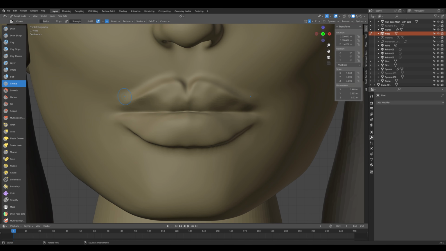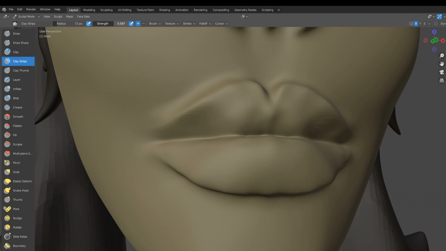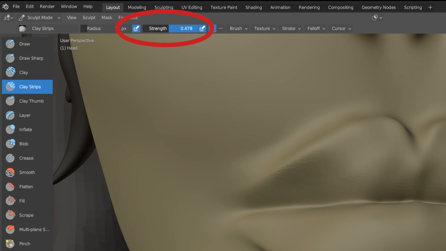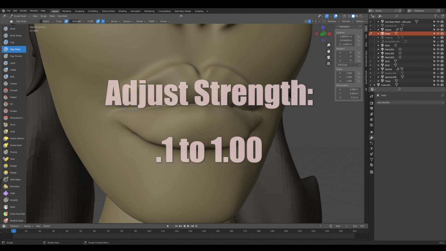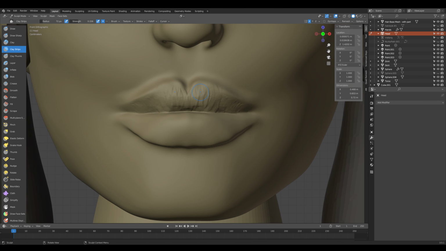So the strength of each brush can be adjusted right here. Okay, and a safe bet is to maybe start off at a minimum setting, maybe at a 0.1, 0.15. And then if you get the effect you want, cool. If you don't, and you want a little more dramatic look from that brush, go ahead and increase it a little bit. Okay, and just play around with those strengths to get the effect and the look you desire.